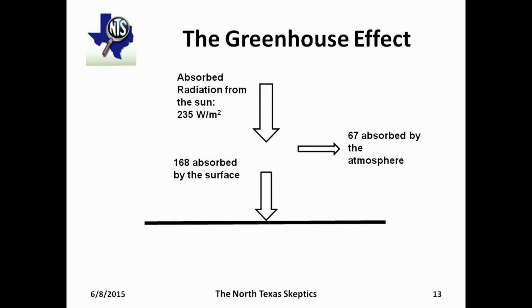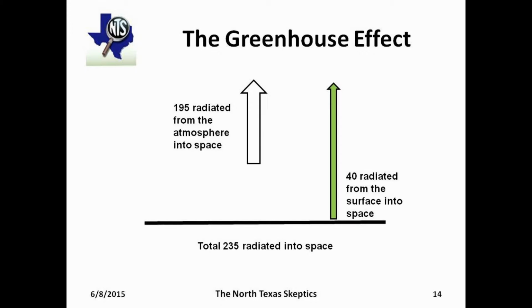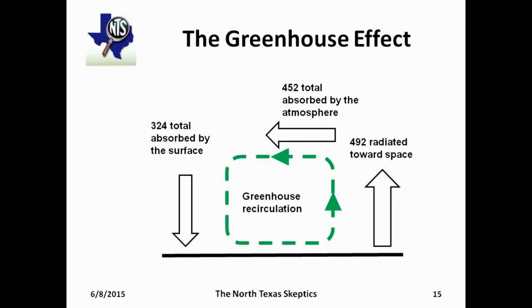Absorbed radiation from the sun is about 235 watts per square meter, and then 168 is absorbed by the surface and 68 is absorbed by the atmosphere. Then from the Earth, 195 watts per square meter is radiated back into space, and 40 is radiated from the surface and into space. On the other hand,